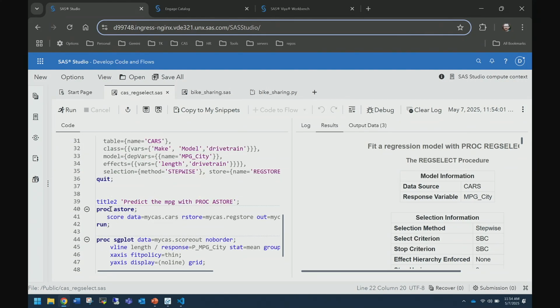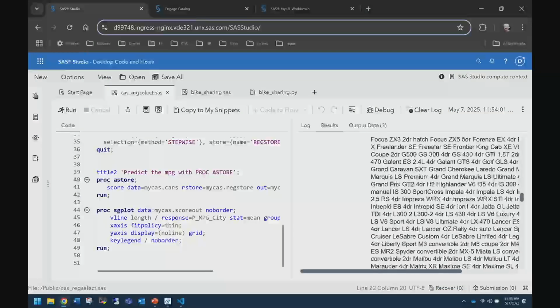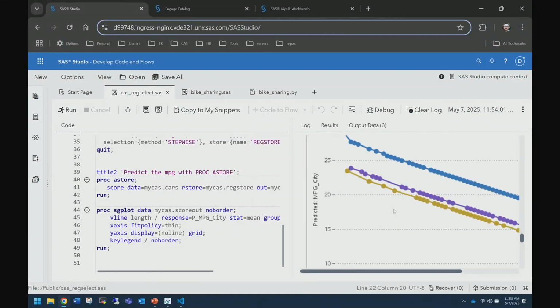Then I use proc AStore to score that model against a data set in CAS, and then also that model I had just created. And then just plotting it to get the results. So here I just produced a simple model that was trying to predict some variables of this data set. All right, so that's 2015. That's something you may be accustomed to, and it's something we've been able to do for quite a while, and that's by using the VIA Analytics in the CAS server.